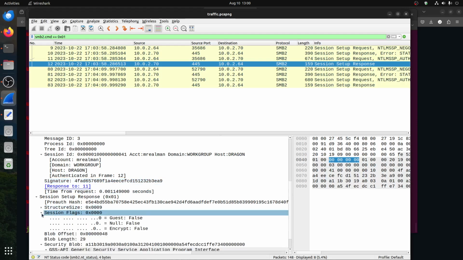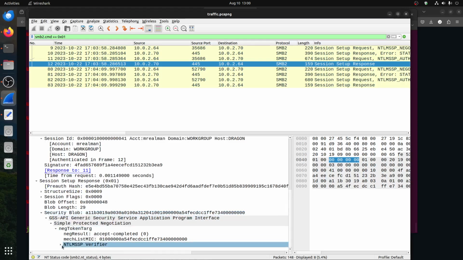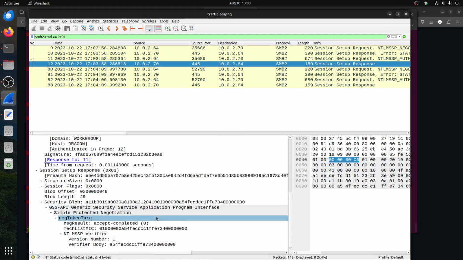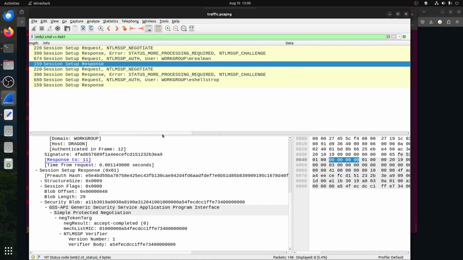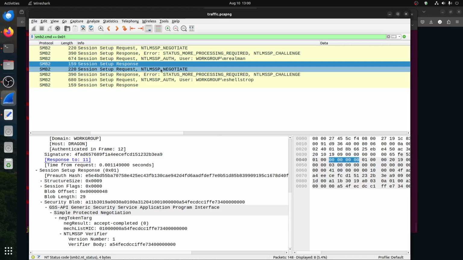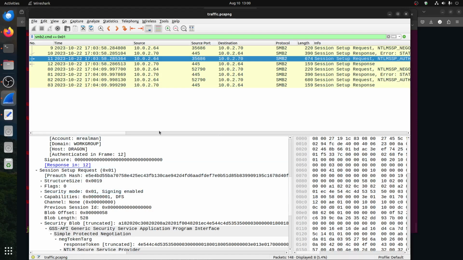Session flag, not session flag. NTLM verify. NTLM. What? This is the second one, the request. So these are response error. Sometimes I just get